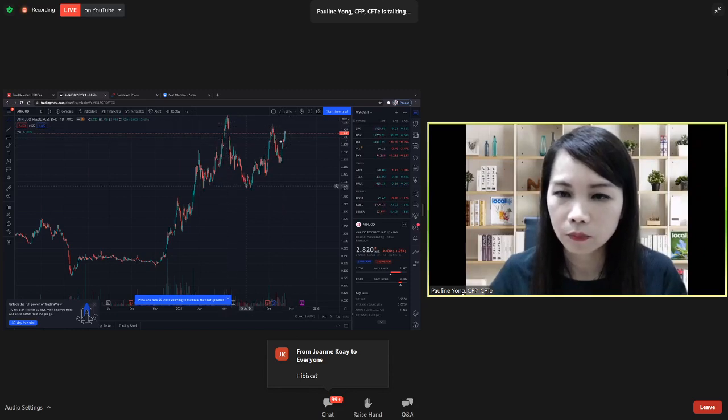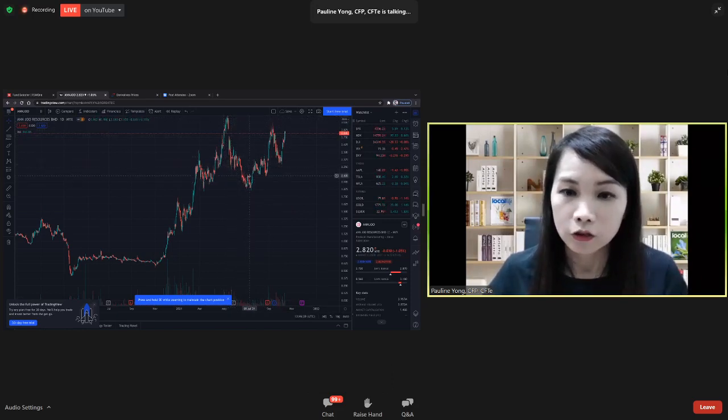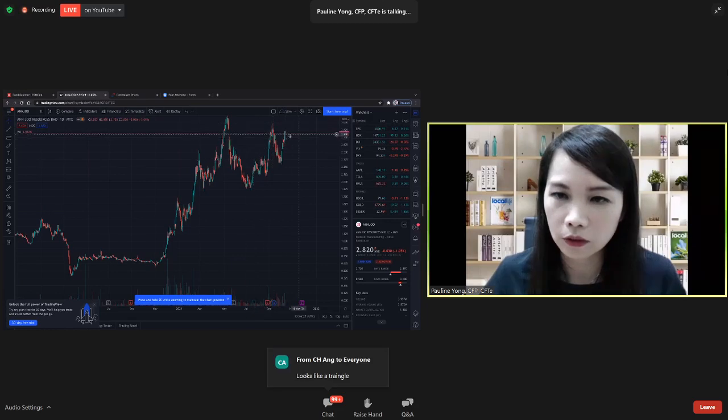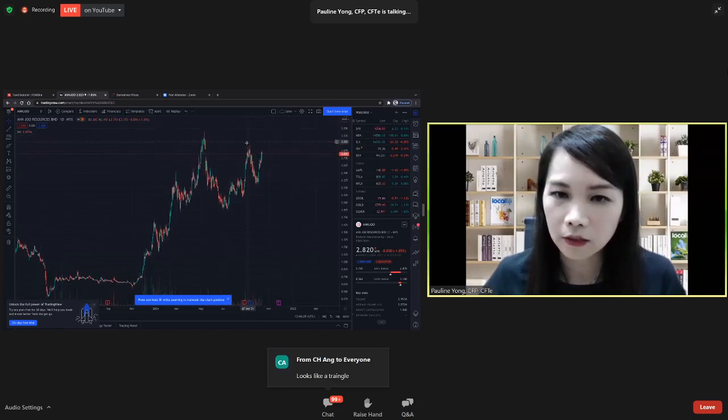So A, B, C. Okay, so here if let's say you are looking at A, B, C, you are here, and then you are looking at continuation. So it could be, okay, after this C, you are looking at the continuation here. But however, I see that you are not going higher than this part here. If this has to be a continuation, you should be looking at